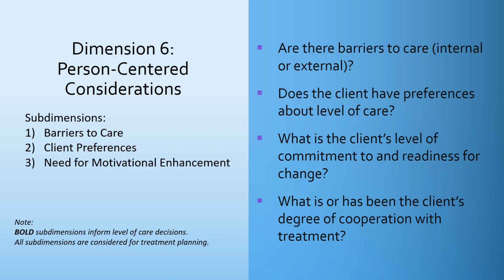I should also note that the last 2 dimensions we looked at, dimension 4 and 5, were really our social dimensions. And now with dimension 6, I feel like we've gotten back to more of a psychological individual dimension, which kind of pairs up with dimension 3 for those psychological aspects of the assessment. So here we're asking about and looking at any barriers to care. We're looking at the client's readiness for change, what stage of change they're at, and the client's preference about level